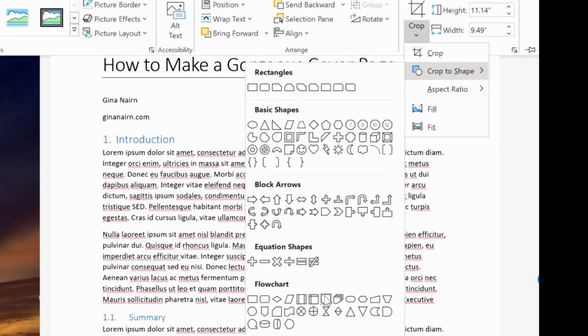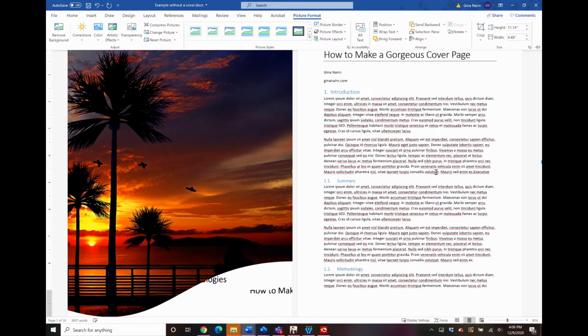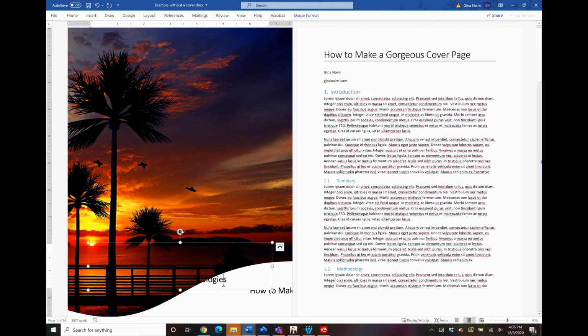So I'm going to pick in the flow chart, the document symbol. And look what happened. We got this beautiful arc right on the bottom of this picture. And it just adds a flare of style to the cover. It makes it look much more custom than if you just put a square picture on there.